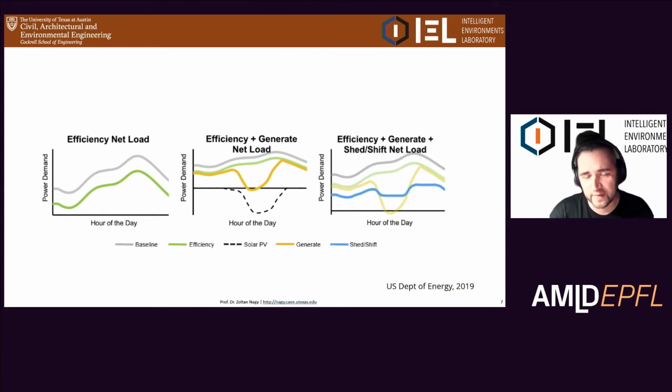Then the next level is the one I want to talk about, which is when we start thinking about, well, clearly the problem with renewables is that we don't have demand and generation at the same time. And so we need to shift. And the way we shift is through buffers, right? What it shows here is that the blue curve is where we want to be, roughly where we have a more constant generation or demand over the whole day or over longer periods of time, which makes it a little bit more predictable for the power plants. We don't need to build more peak power plants because we generate usually the power for peakers. And so it's a lot more predictable, really.